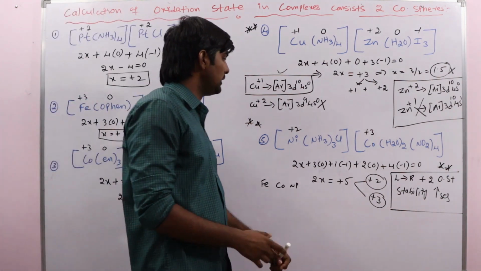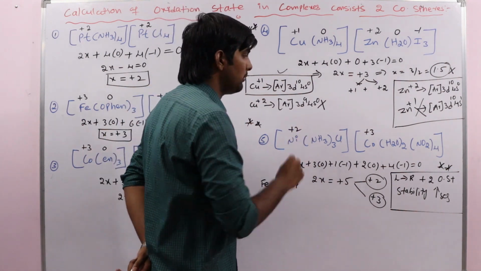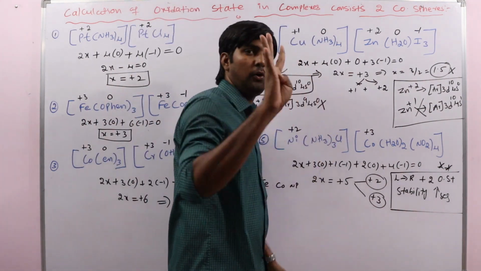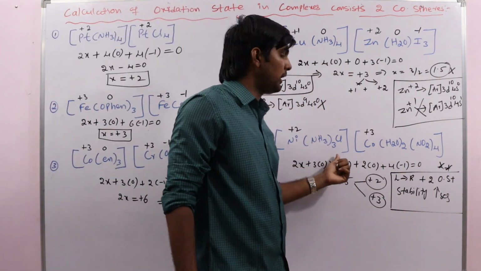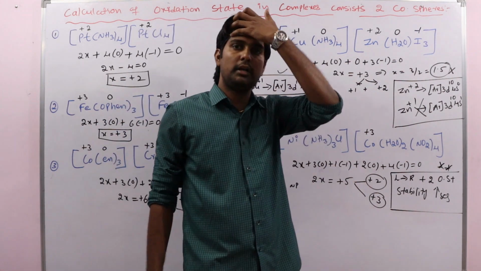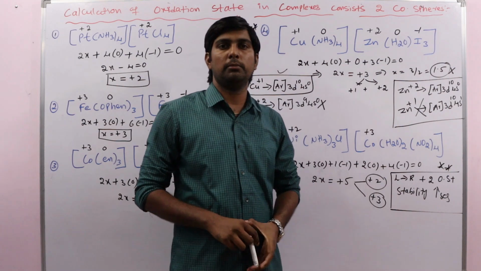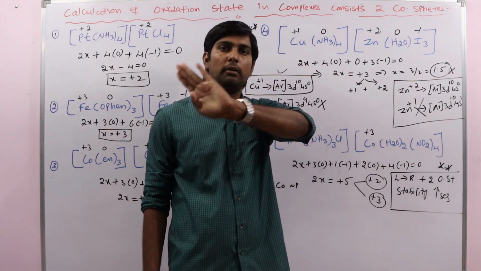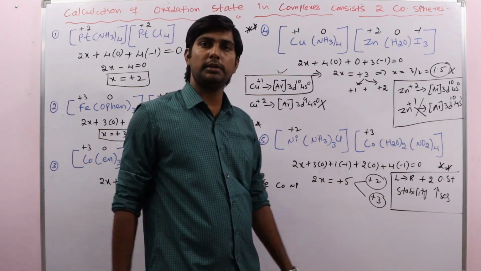And we have another reason also. Look here, the nickel coordination number is 4, and for cobalt the coordination number is 6. Remember that if the coordination number is 4, they will never have +3 oxidation state. That we already discussed in the relationship between coordination number and oxidation state of the metal atom. Clear? Remember this point also. When the coordination number is 4, the metal will never get +3 oxidation state. Definitely it will get the +2 oxidation state only.